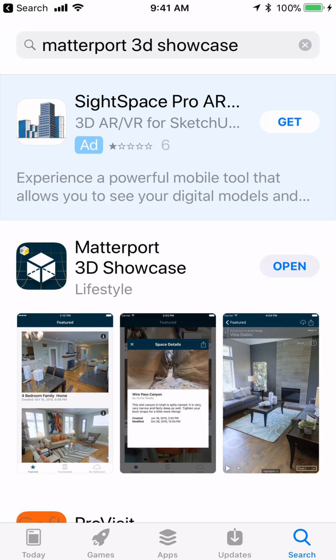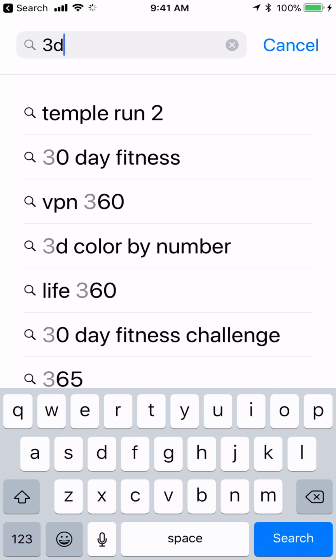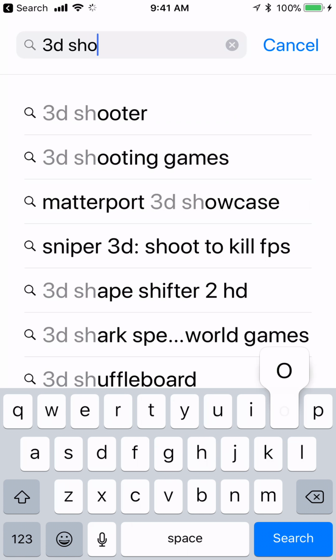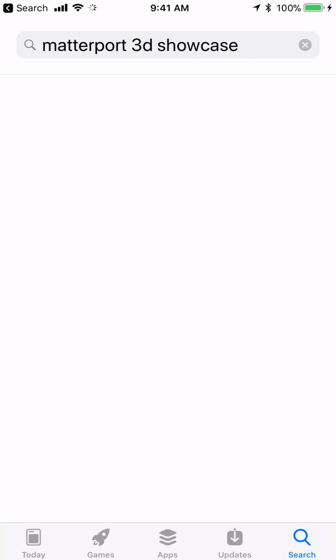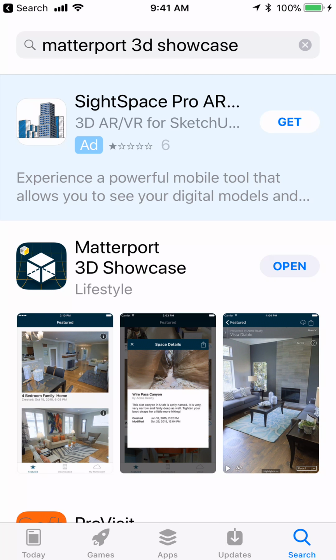Or what I did, I just did 3D space Showcase. And that's the one right at the top, Matterport 3D Showcase. You push your finger on that and it's going to go look for the app. There it is, Matterport 3D Showcase Lifestyle. It's going to say Get instead of Open because I've already downloaded this app on my phone. You hit the Get, it's going to download the app. Then when you have it, you're going to hit Open